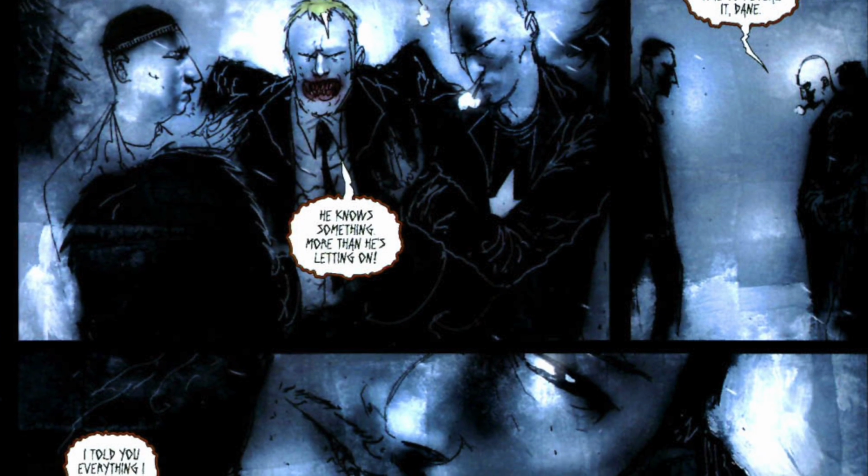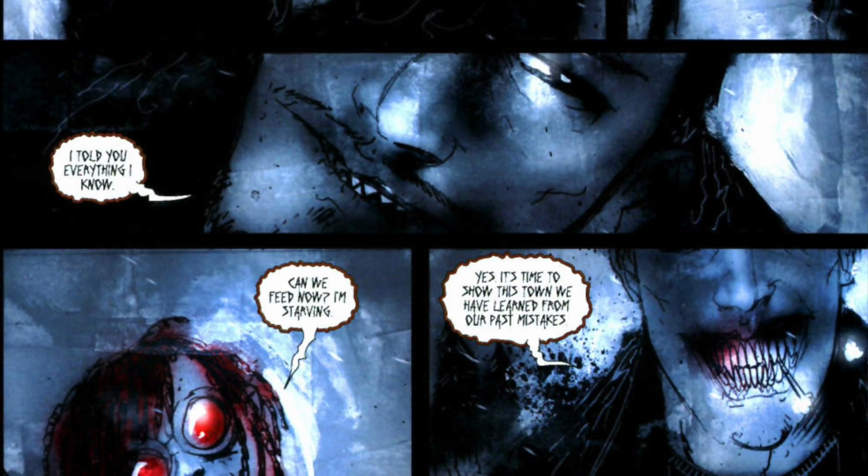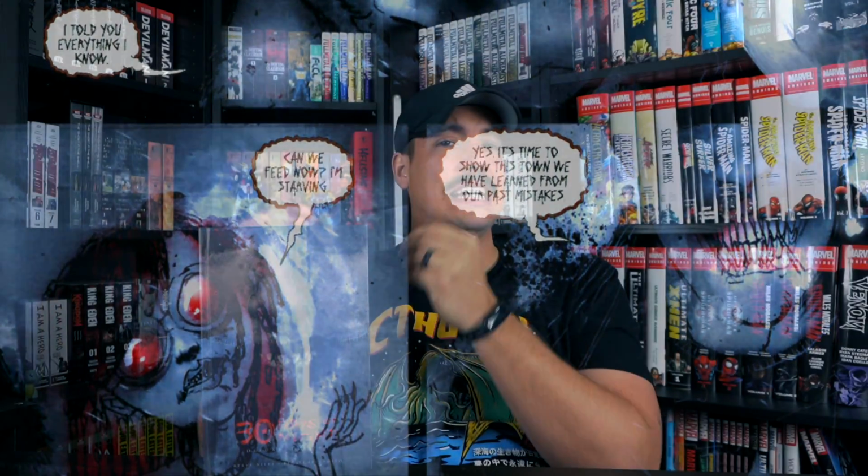So you have a horror survival tone that was in 30 Days of Night and an action forward tone that was in Dark Days, but you have both of those in Return to Barrow. So it very much felt like a climax to the story, and I did really enjoy the ending, even though it was pretty predictable, but still I enjoyed it because I liked the characters that I was introduced to throughout